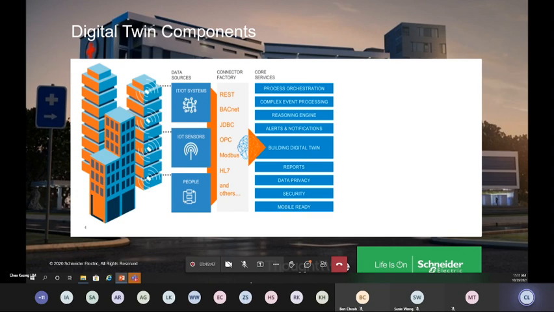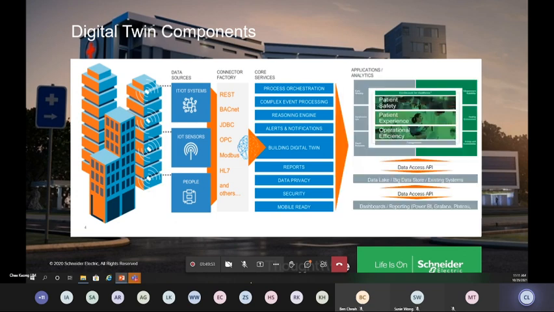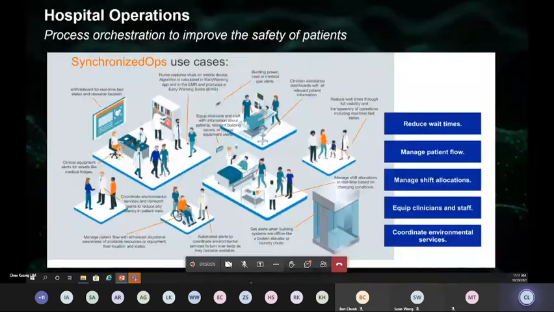That's where we adopt and apply all the required resources to convert all this data into meaningful information that can be exported out for the users to see the scenario that is going to happen. So this is the digital twin component as a snapshot, a very big overview of what needs to be done behind the scenes. Then we can simulate and adopt different kinds of processes. That's where we can come up with a proper workflow to ensure the proper operations of the healthcare facility.